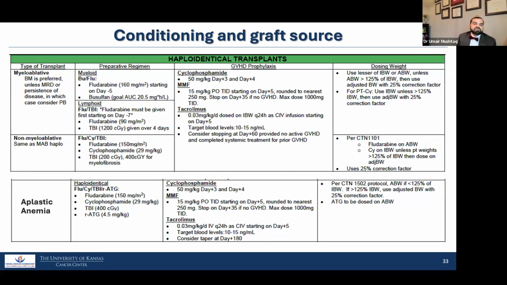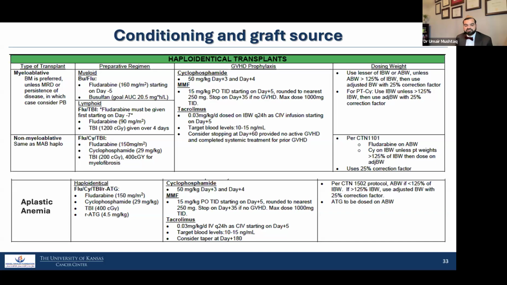Lymphoid disease, we use flu-TBI. Lymphocytes are known to be very sensitive to the effects of radiation, so it's considered a better agent. It has more disease activity. But if you do not have access to total body radiation, you can also use a chemo-based regimen. Bu-Flu would be okay to use in that setting. We're not using Cytoxan. Cytoxan with busulfan is considered one of the myeloablative regimens, but since you're using post-transplant cyclophosphamide, just to avoid toxicity, busulfan fludarabine is a better regimen.